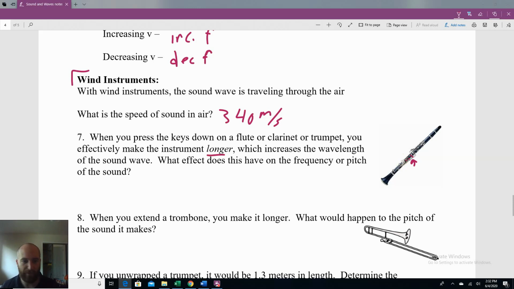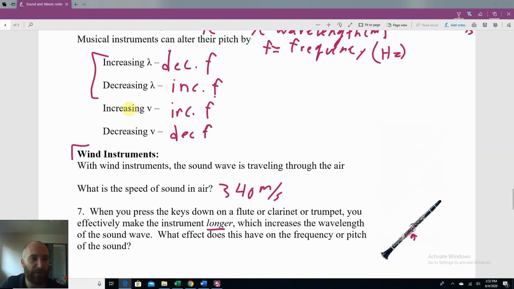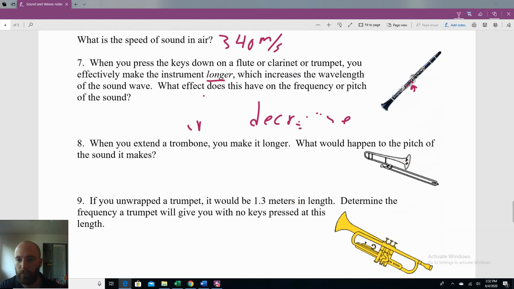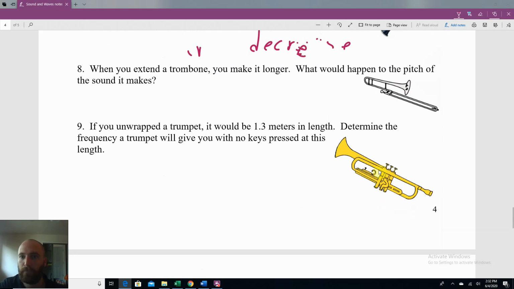What effect does this have on the frequency or pitch? I don't know anything about playing these instruments, but I know that if you make the instrument longer, so if you press down on the keys, you get a longer wavelength. We said earlier that increasing the wavelength would decrease the frequency. So it would decrease the frequency, and you get a lower